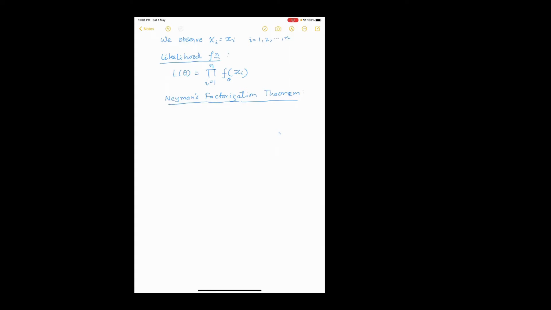So consider the likelihood function L(theta). We just defined it here. A real valued statistic T(x tilde) is sufficient for unknown parameter theta. Theta is unknown,